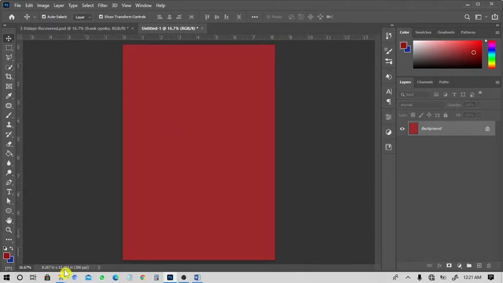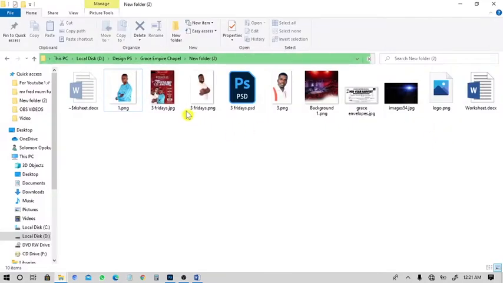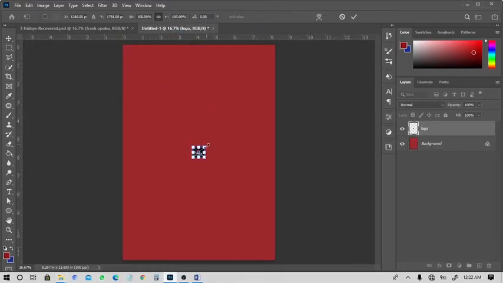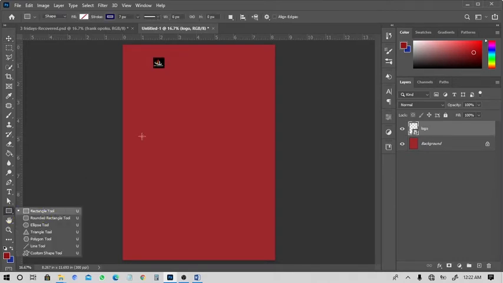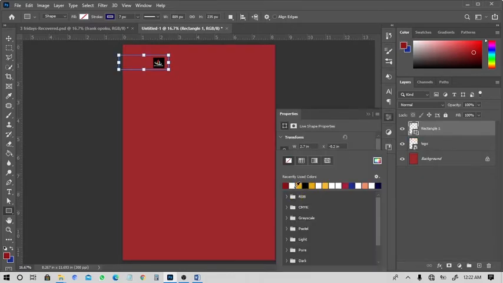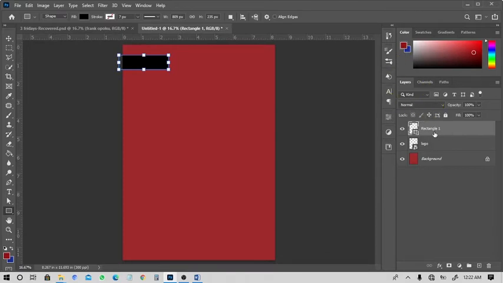So from here I'll get my church logo, which is here, move it to Photoshop and leave it. Then I'll position that one as I want it. Then click on Enter when you are satisfied with the position, and at the left side grab your rectangle tool and draw a nice rectangle. Fill it with black deep color, then turn the stroke off and make sure that at the layer panel you move the rectangle beneath the logo so that the logo can prevail.